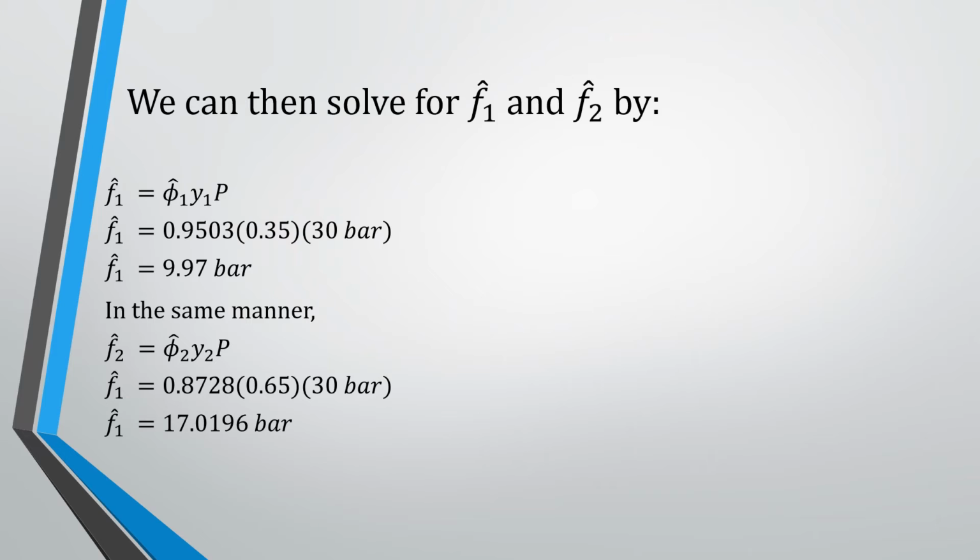And finally, with the knowledge of the relationship between the fugacity coefficient and the fugacity of the species in the solution, which is given by equation 11.52, we can now solve for the fugacity of each species in the solution. So the fugacity of ethylene in the solution is equal to 9.97 bar, and the fugacity of propylene in the solution is equal to